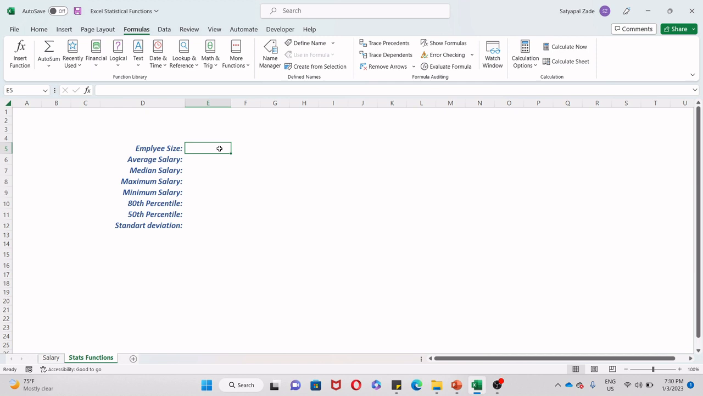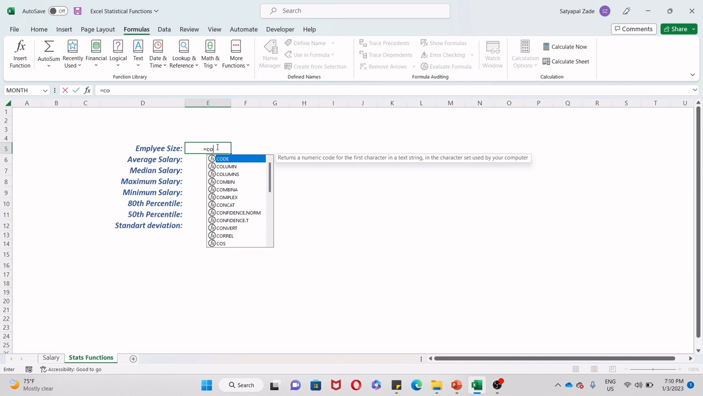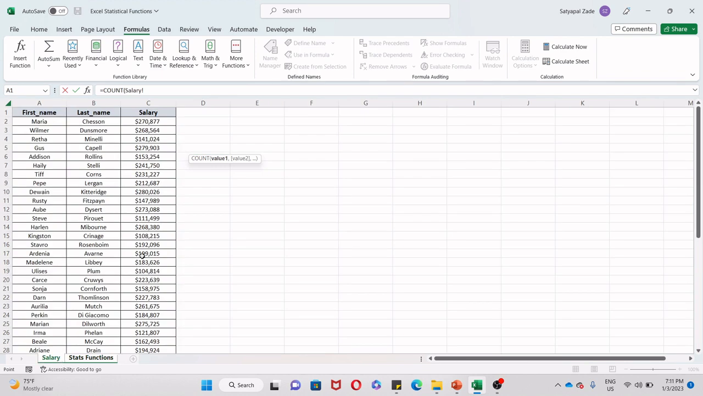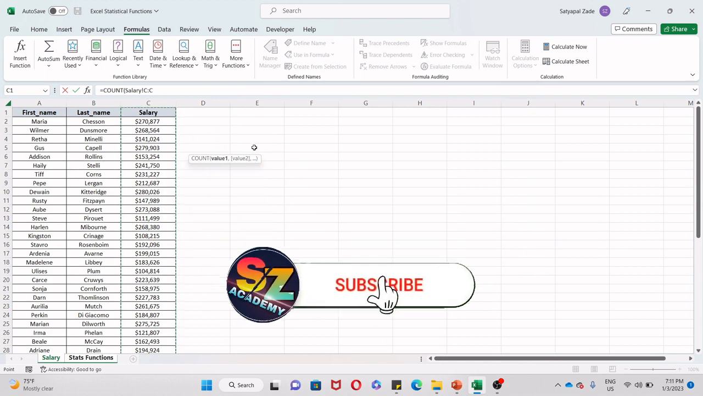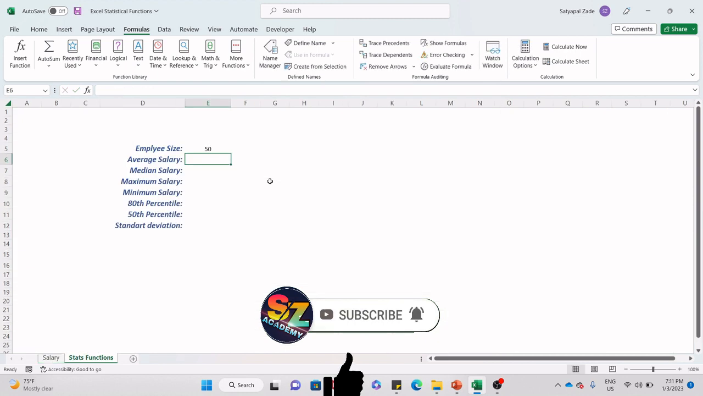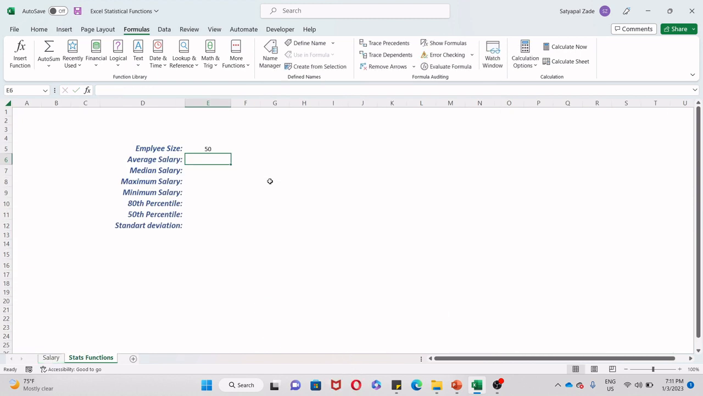I'm going to start with the employee size, which basically requires a count of my data set. So I'm going to type equals COUNT, parenthesis open, and then here is where I insert my data array. So I'm going to jump over to the salary tab and select the entire column C, which is my salary column. Then close the parenthesis and hit enter,